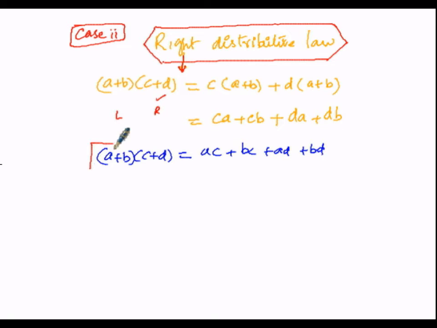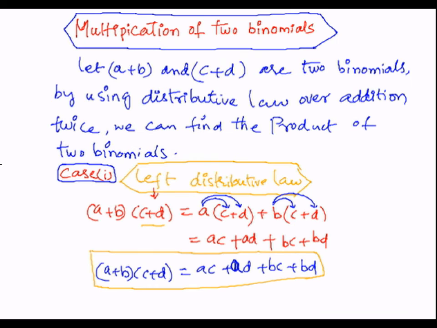Then now this is the right distributive law, ac plus bc and ad plus bd. Whereas in the left distributive law, ac plus bc and ad plus bd, so both use the same. So in this manner we got (a plus b) into (c plus d) as ac plus ad plus bc plus bd. So here this multiplication can also be performed by the method called FOIL.